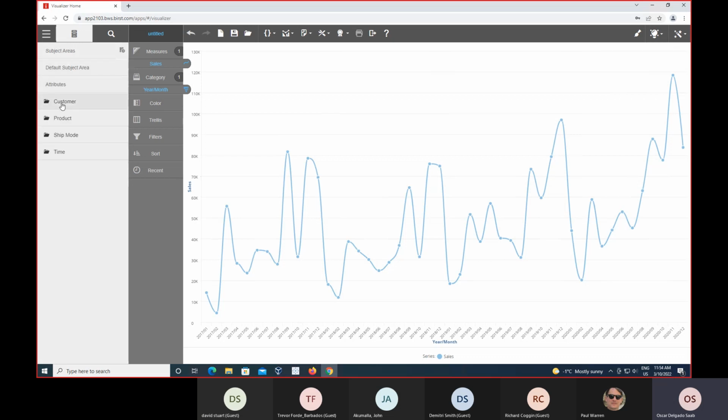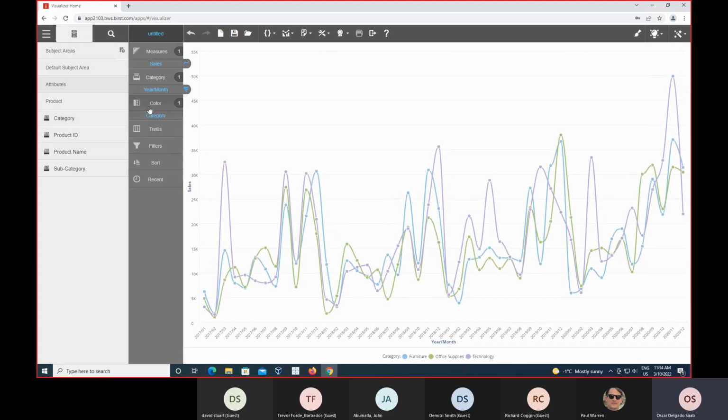For example, attributes, we have a customer, which is the customer dimension. Inside the customer dimension, it shows that we have city, country, customer ID, name, postal code, segment, state. All this information is already defined and clear for the user. For the product, we have these attributes, the product ID and the product name. And then we can build whatever we want. Let's say that I want colors for every category. So I just drag and drop, and now we have the comparison of the evolution by category of products, but